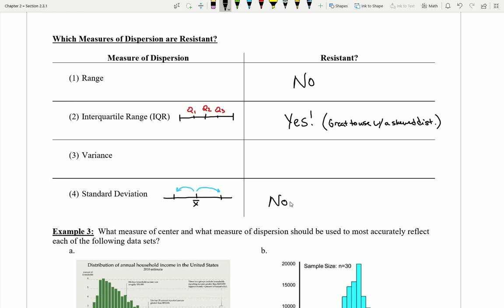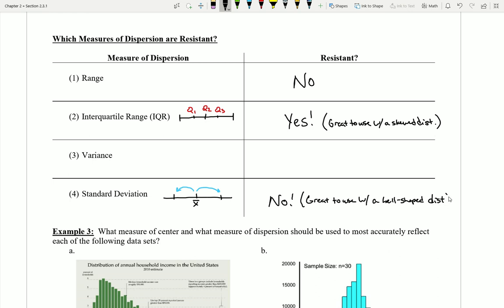Well, we said no, it definitely wasn't. So I don't want to use this measure of spread or measure of dispersion when I'm dealing with a skewed distribution, because the mean is no longer reliable. So this is again going to be great to use, but specifically with a bell-shaped